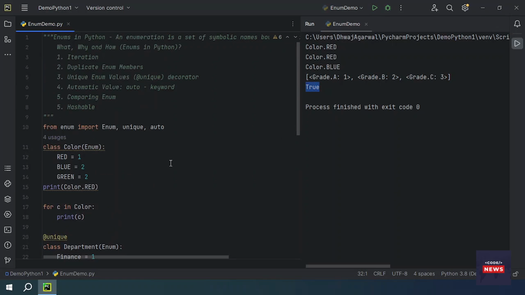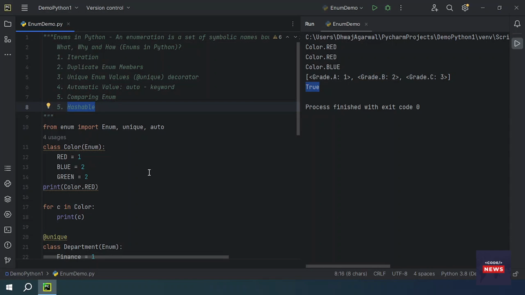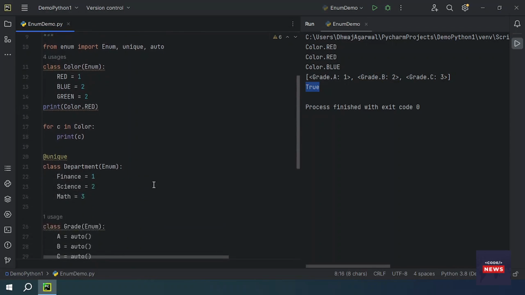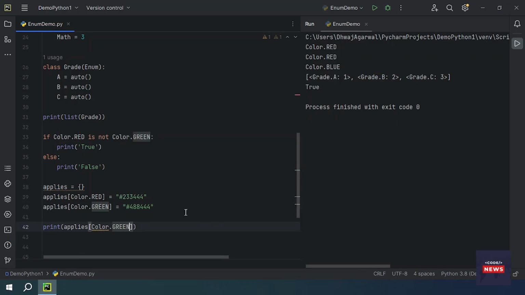Now let's move to our next point. Enumeration members are hashable, so they can be used in dictionaries and sets. To see how they are hashable, it will be a dictionary. We can put some hash value, whatever you want. If you want to get the value from the dictionary, then you can apply Color.green as the key.